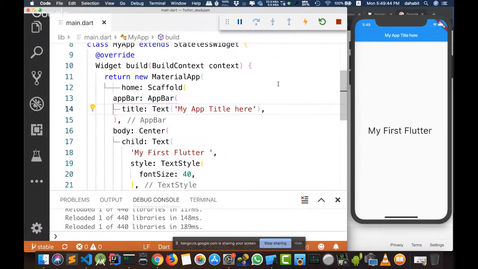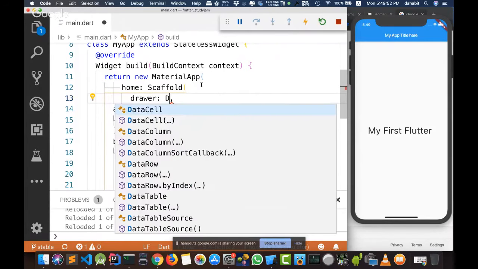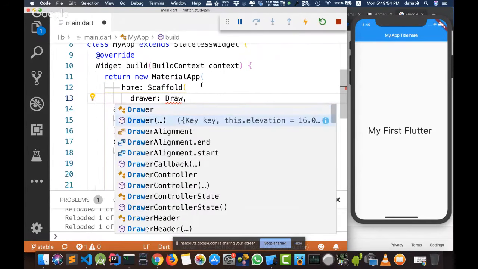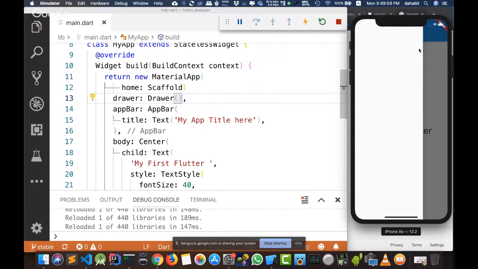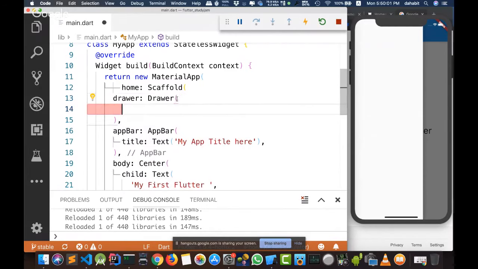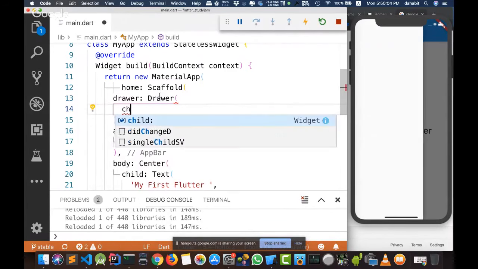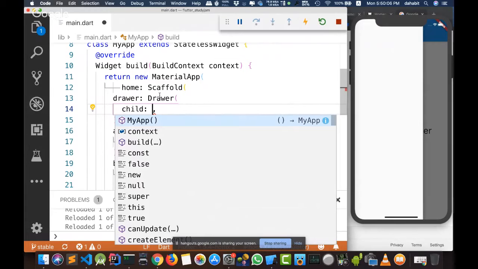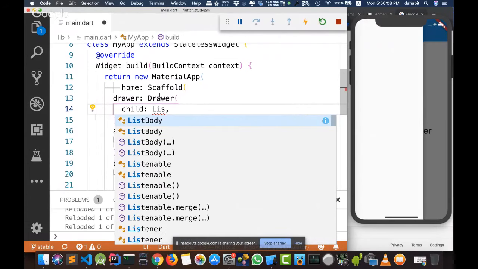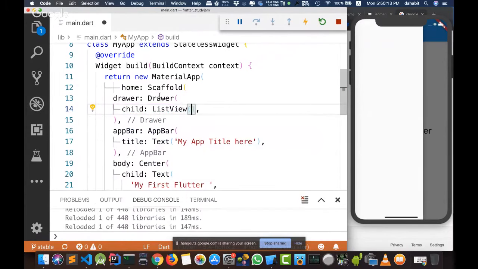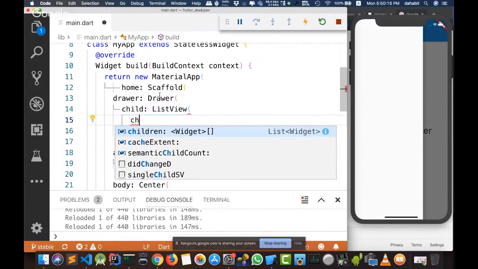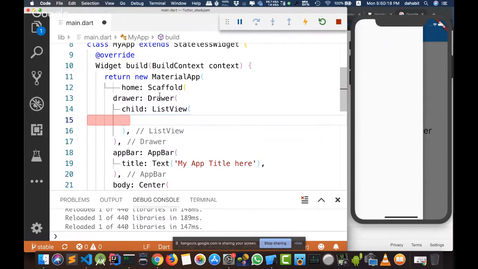And if you want to display, for example, a drawer or a menu on the left side, you'll go to scaffold and write drawer and use the drawer widget here, and press Control or Command S, and you can see here the drawer widget. And this drawer widget has a property called child, which holds its children. And most of the time, you will use a widget called list view, and we will talk more about it later, inshallah ta'ala.